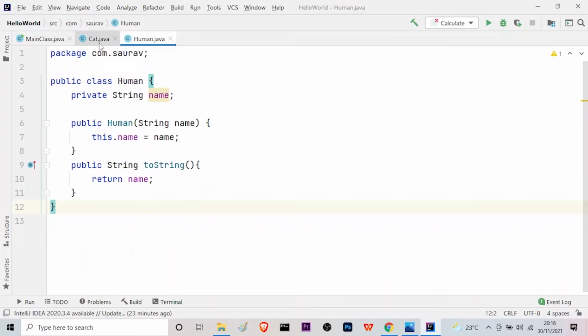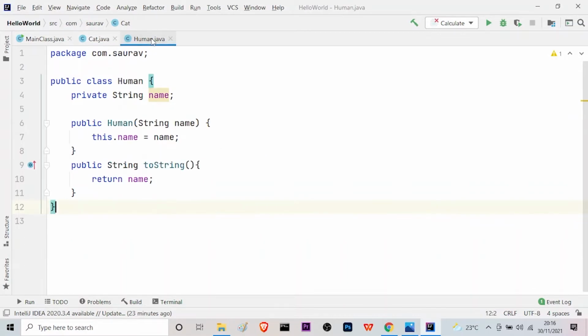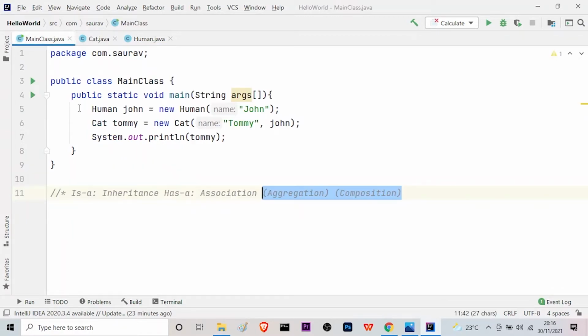Okay, now you understood the two classes, the Cat class and the Human class. Now let us see how they are actually associated in a main class. Here I have created another class which is the Main class, and this is my main method. Inside this, just see what I have done. I have called my Human class and created an object which is John by using the new keyword.